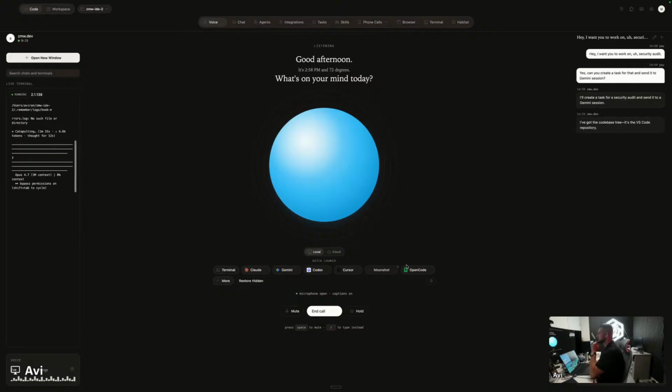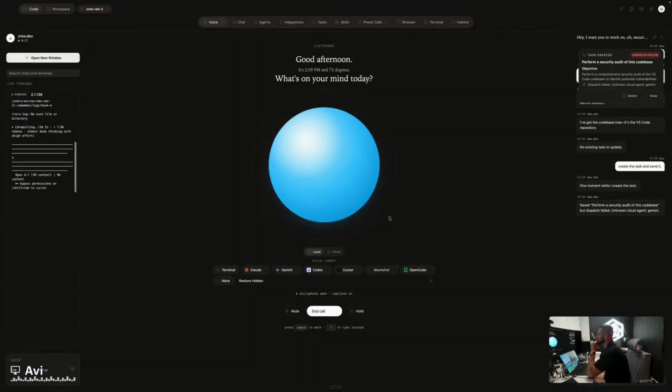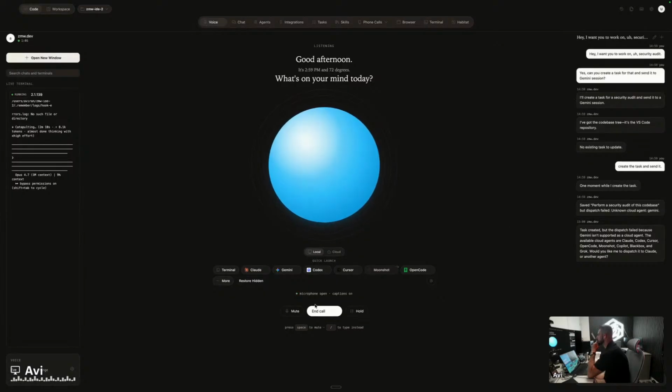I've got the code base tree. It's the VS Code repository. No existing task to update. Now, creating the new task. Create the task and send it. One moment while I create the task. Task created, but the dispatch failed because Gemini isn't supported as a cloud agent. The available cloud agents are Claude,